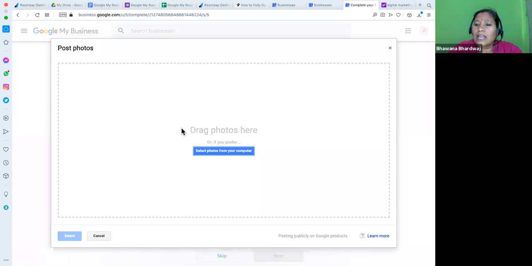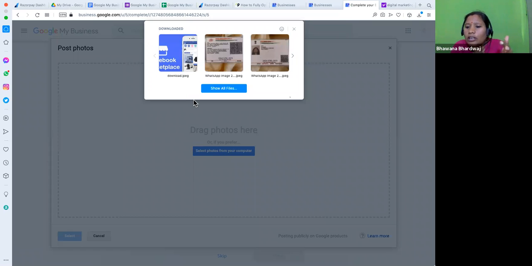So Google My Business has customer care support as well. If you are facing any difficulties, please reach out to the customer care, and they are very prompt in responding to your queries. So if your business is suspended or marked as permanently closed, you can reach out, and they will tell you how you can reactivate those listings. So photos are very important these days. They can immediately ask for photographs or videos. You can just shoot a video of your office and upload it, and they will verify the listing within 2 hours or something like that.